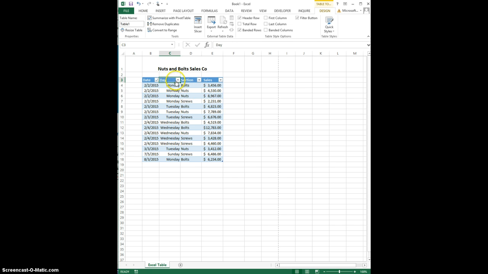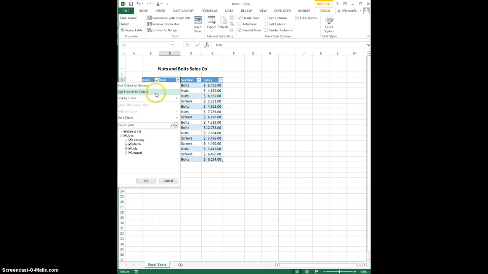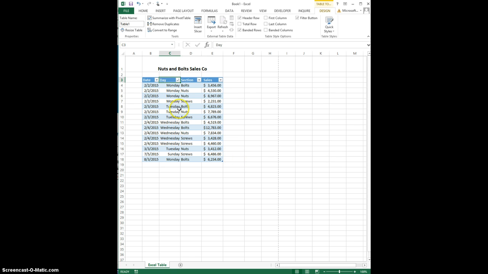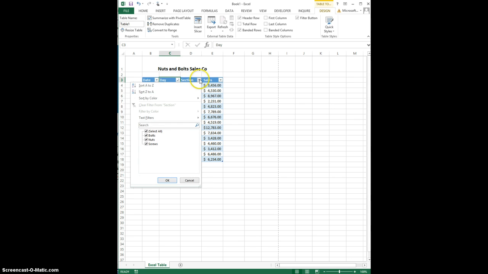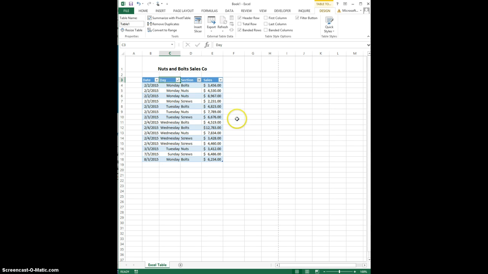We can change it so it sorts the days alphabetically. For sections, we can sort A to Z, and it does the same as we were doing before we made it a table, but